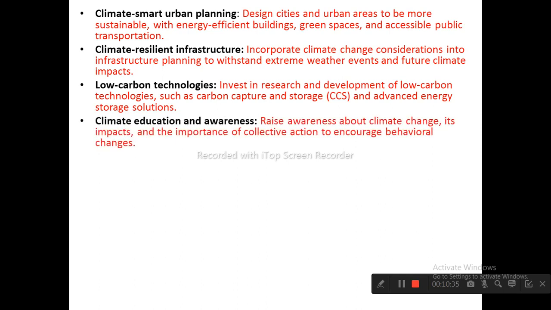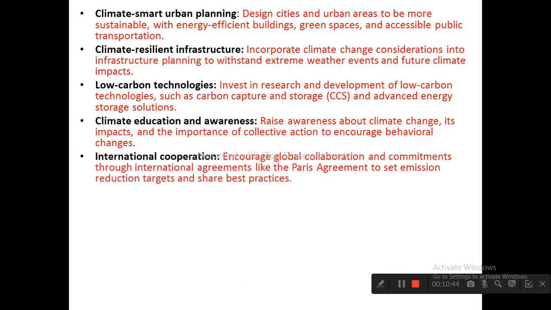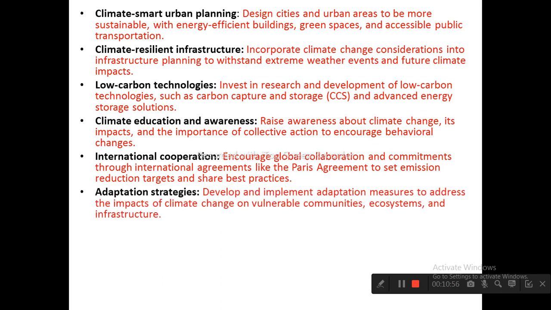Next one is climate education and awareness. Raise awareness about climate change's impact and the importance of collective action to encourage behavioral change. Next one is international cooperation. Encourage global collaboration and commitments through international agreement like the Paris Agreement to set the emission reduction targets and share best practices. Adaptation strategy. Develop and implement adaptation measures to address the impact of climate change on vulnerable communities, ecosystem